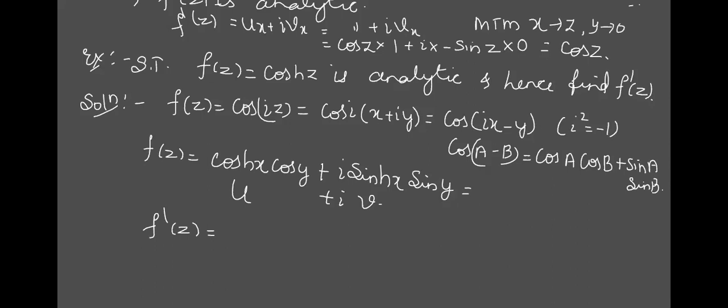Is the function analytic? Yes, ma'am, obviously the CR equations are satisfied here. And what is f dash of z you have got? This is also simple like the previous one, so I'm not telling you all the steps. It is sinh z. If you differentiate directly also, it is going to be the same. The derivative of cosh is sinh. Try to write all the steps. I hope that you all will write it properly.